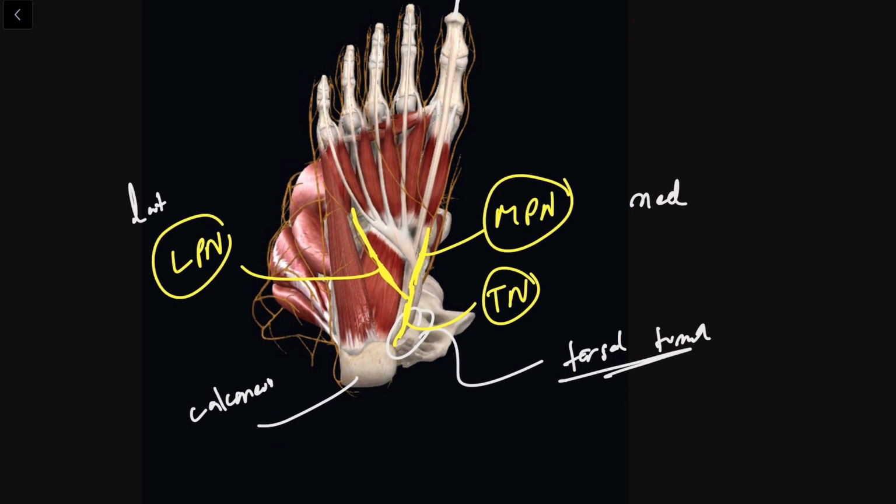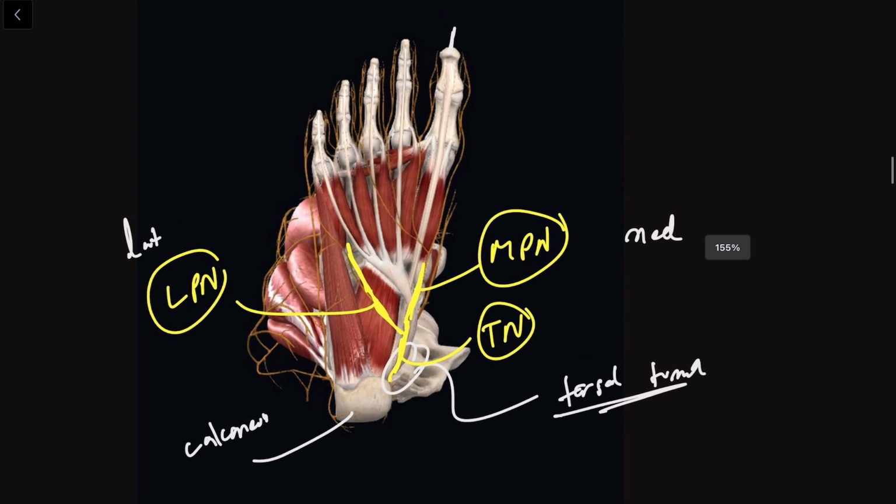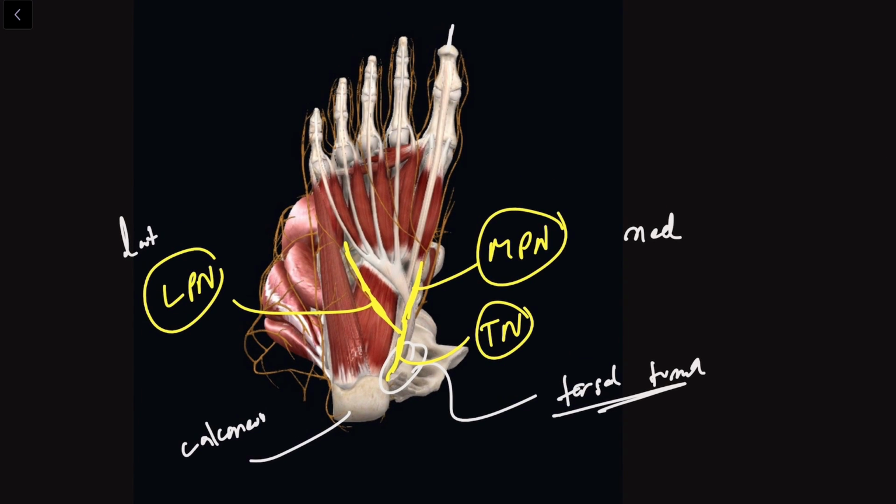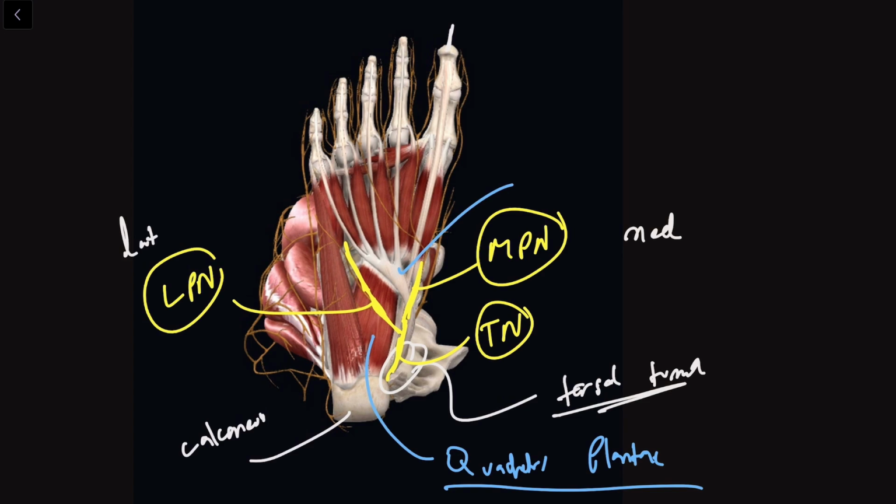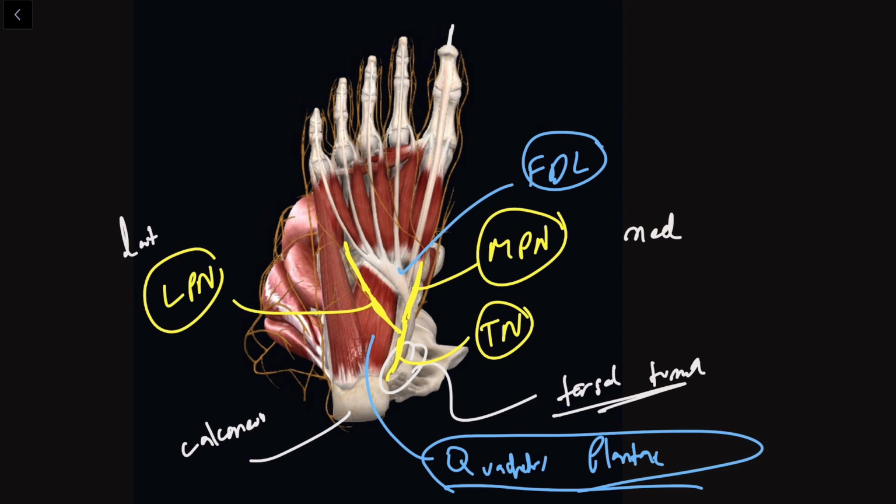And again, we're not looking at the most superficial muscles in this particular slide, but the muscles that we are seeing right here are going to be the following. So this guy right here is going to be quadratus plantae, because it's on the plantar foot. And what you're going to note that quadratus plantae does is it actually grabs onto this tendon, and this tendon is your flexor digitorum longus. And so flexor digitorum longus is being pulled on, and it's getting assistance from quadratus plantae on that plantar foot. And the whole reason it's doing this is because it's trying to flex all of these digits, or these phalanges